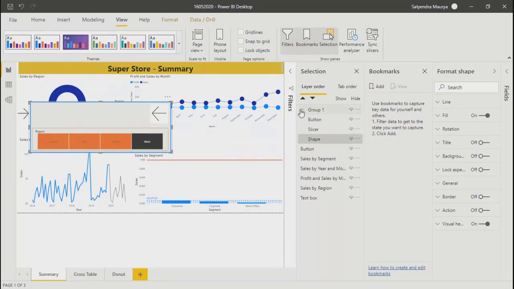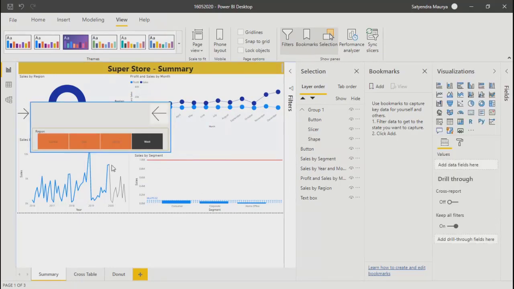Now what I'm going to do is, out of these two, I have two buttons over here. I'm going to apply action on these two buttons. What I want is, if I click on this arrow key, this slicer should appear. If I click on this back sign, the slicer should go away.